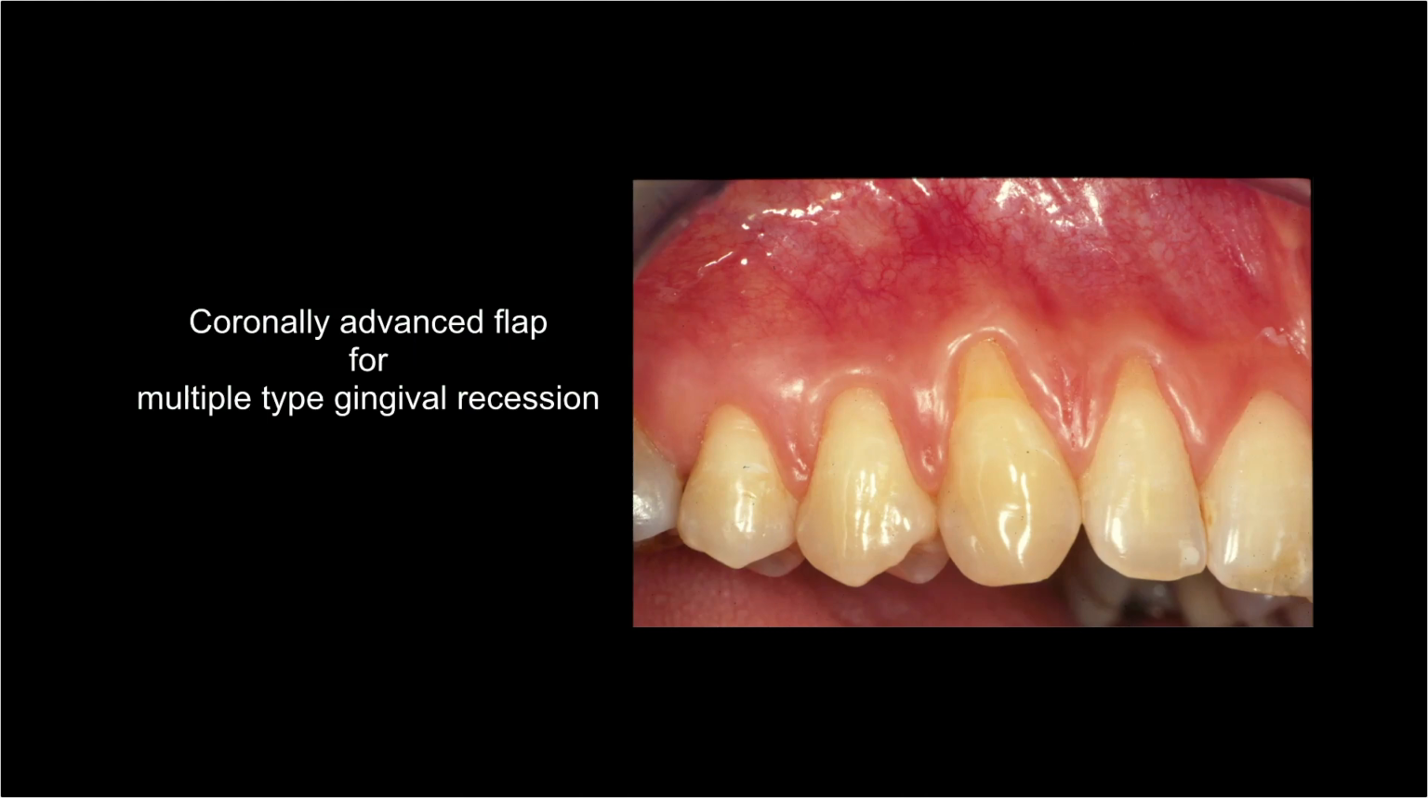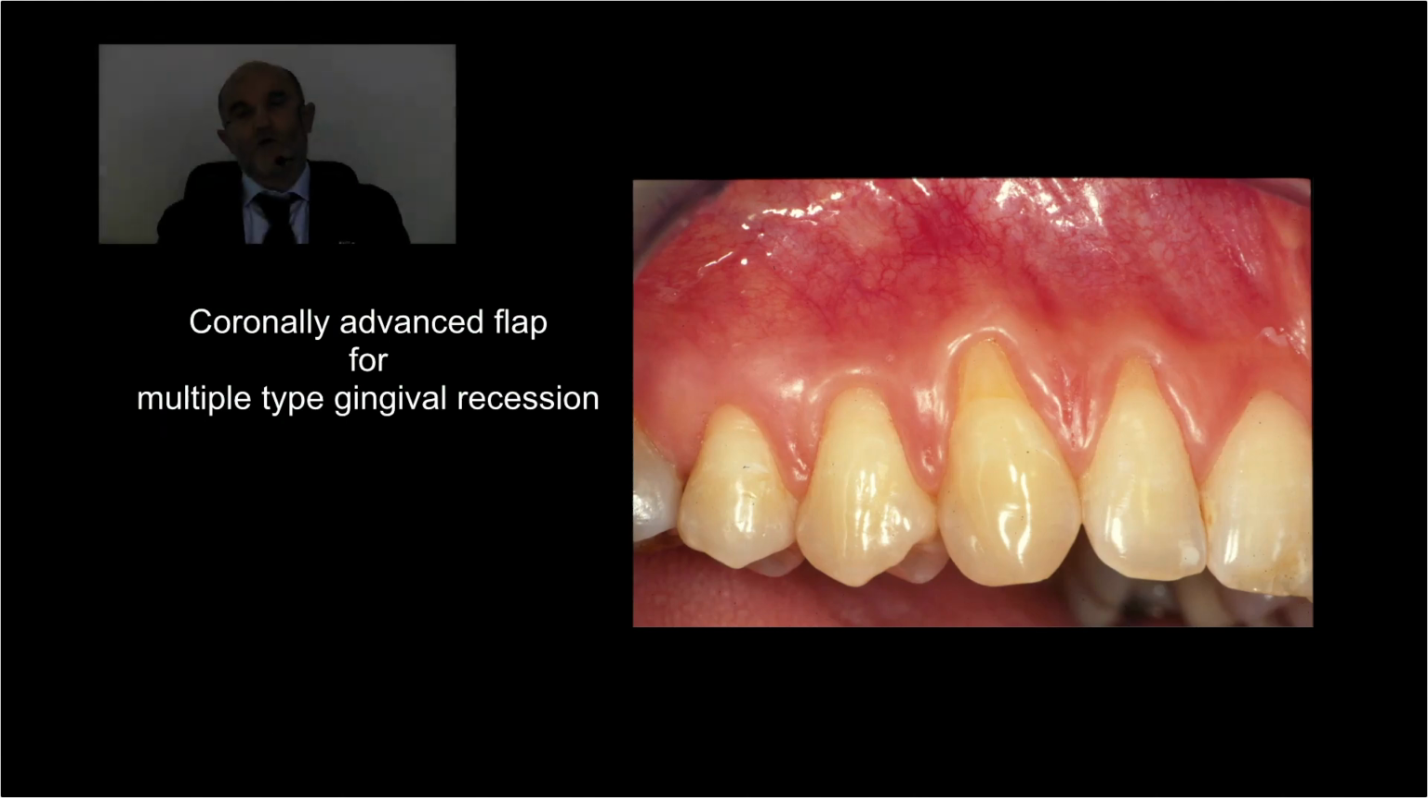But in the situation in which we have at least 3 teeth with gingival recession, or even better if you have 4, or even better 5, or even better 6 teeth with gingival recession, we can use a different approach of the coronally advanced flap, which is an envelope type of flap with no vertical releasing incision. The reason why I say this is because when you use an envelope type of